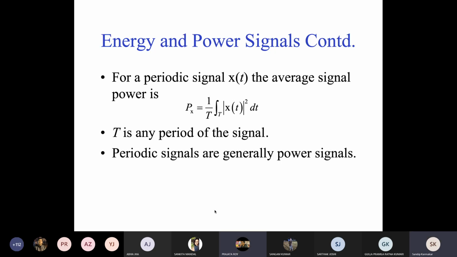Sir, one second, I'm just computing it. Anybody else has done it? Sir, if we take T equal to 2, then it will be 1 by 2, sir. Yes, sir, 1 by 2. So the average signal power is 1 by 2, right? Then for the periodic signal sine pi t, the average signal power is given by